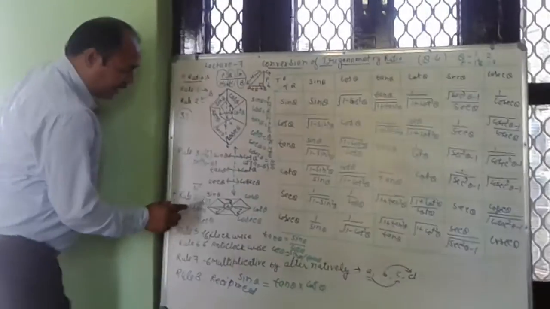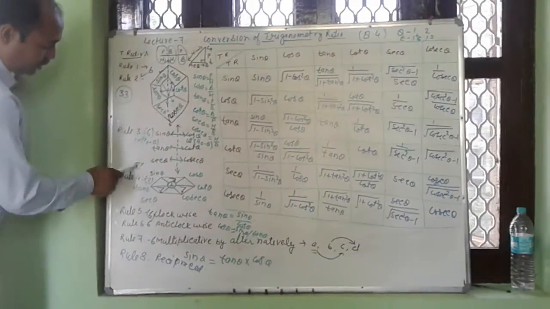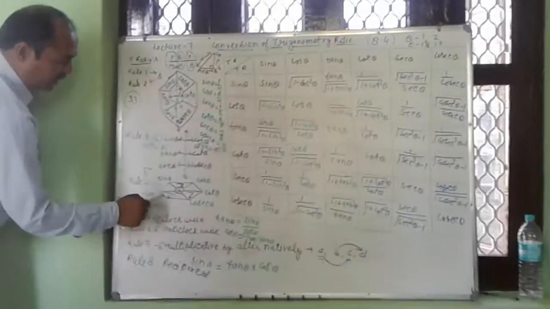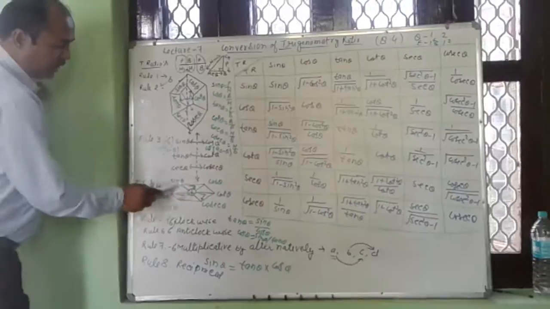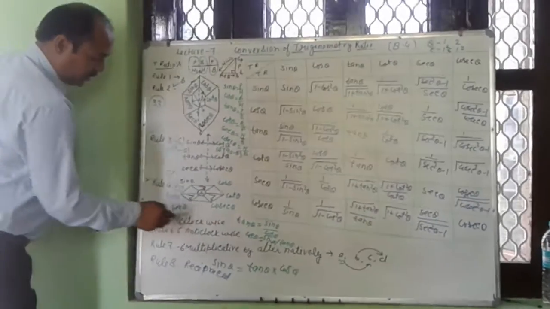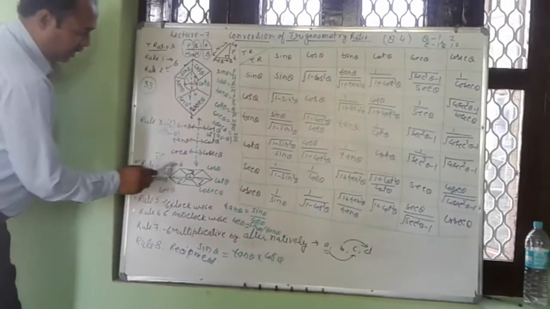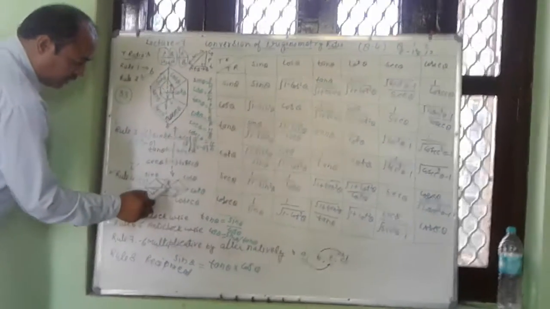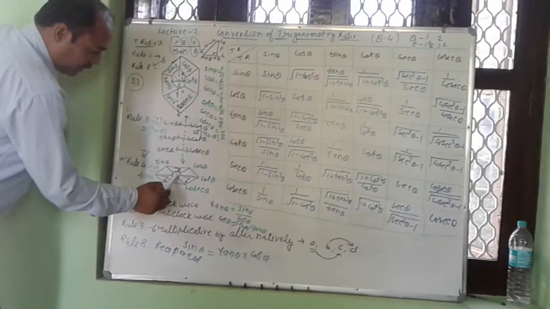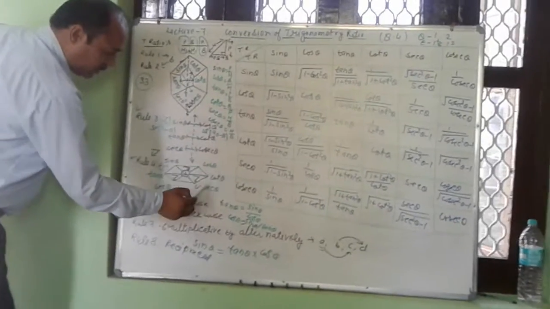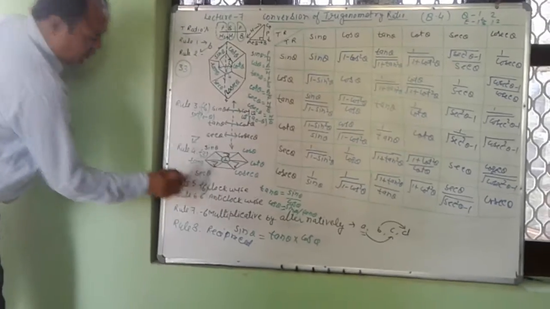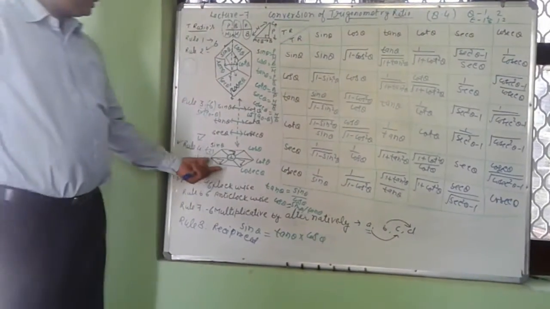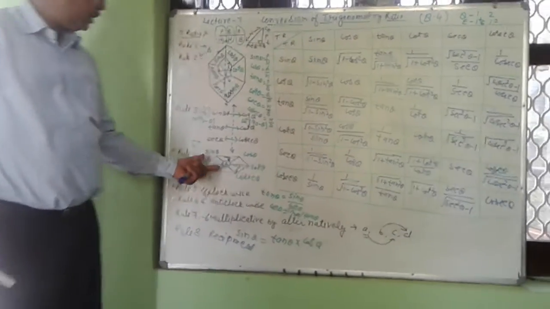Now the trigonometric identities we can arrange in this pattern. So we arrange this hexagon in the horizontal form. So sin theta, cos theta, cot theta, cosec theta, sec theta, tan theta. Sin square theta plus cos square theta is 1. Then 1 plus cot square theta is cosec square theta. Tan square theta plus 1 is sec square theta. 3 trigonometric identities come from here in this way.